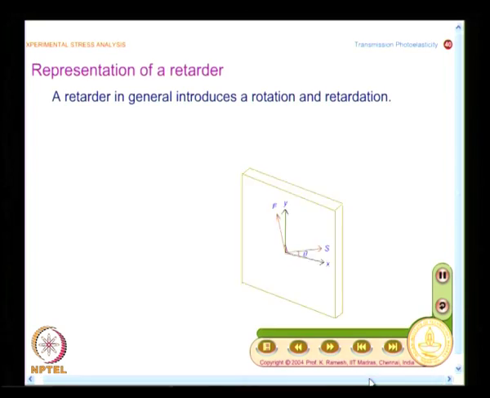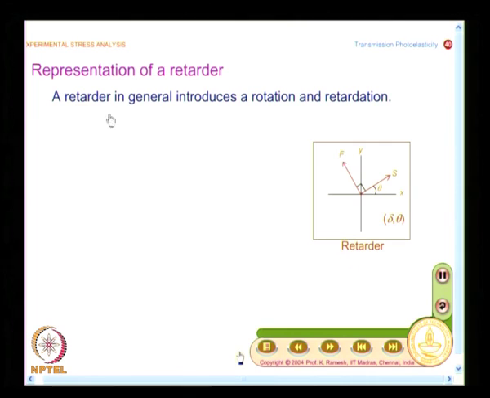Now, we will have to understand what happens in a retarder. How do I mathematically represent a retarder? That is what we will see now. So, what we are going to do is, we are going to have a representation of a retarder, and here I have given